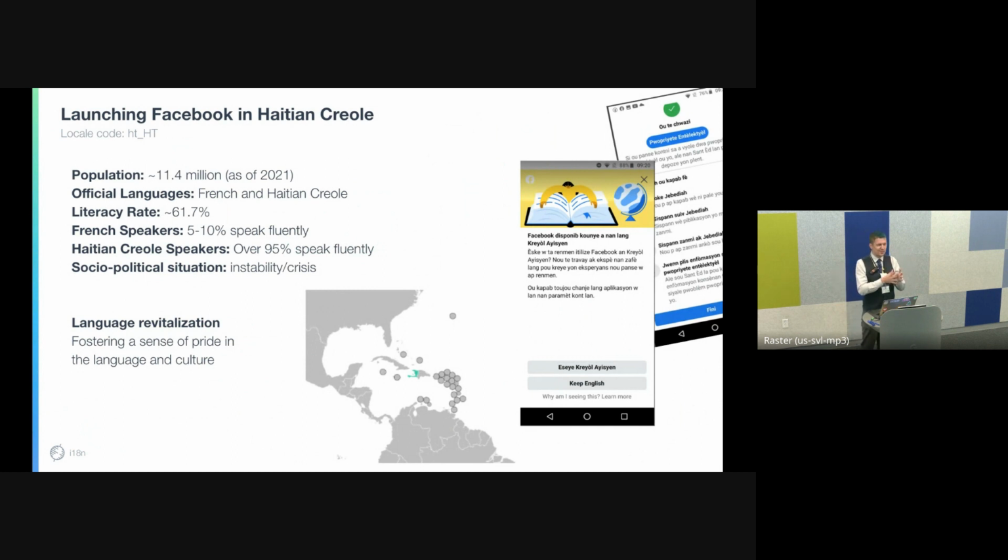But us sitting on the west coast of the United States, we're not necessarily seeing this work happening and realizing that Haitian Creole is ready to be recognized as just like any other language. So our linguists were very passionate and very happy that we worked with them in order to onboard their language to Facebook.